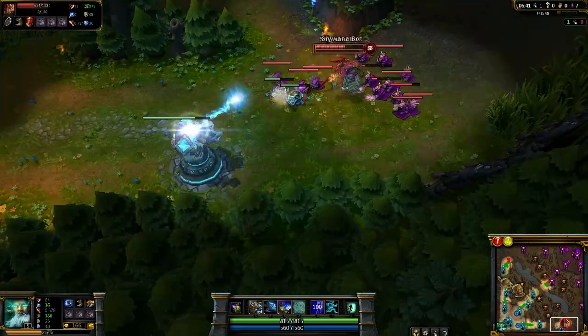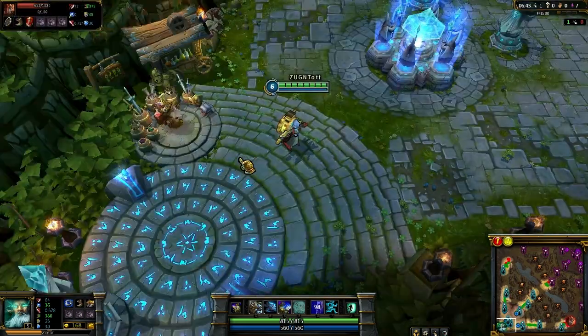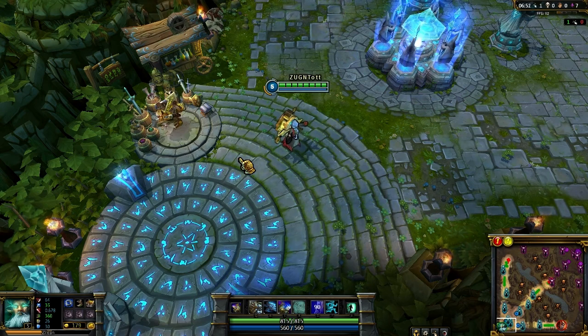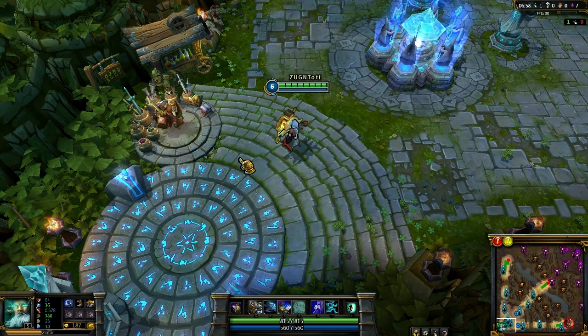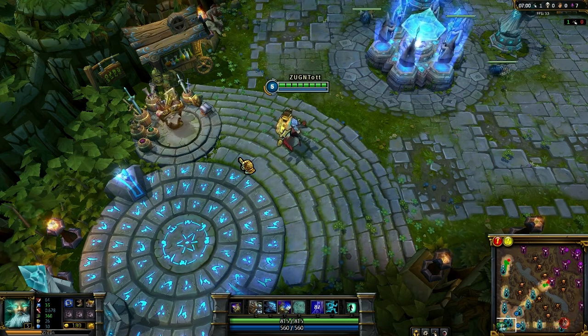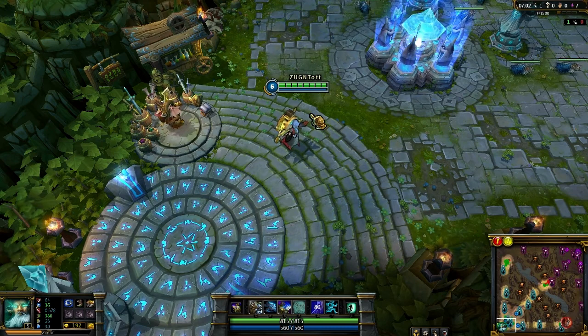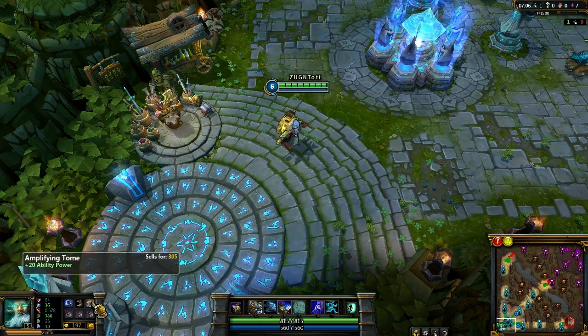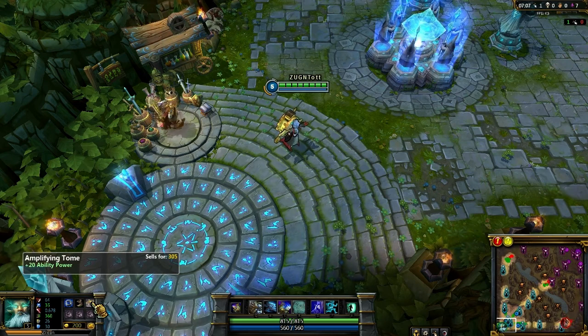I don't care if she pushes the turret. It doesn't matter anyways. But there's basically two types of champions. Well, no, there's two types of damage. There's attack damage and ability power. Now, each champion scales off of one of these. For instance, my champion that I'm playing now, Zillion, he scales off of ability power, which I got the Amplifying Tome for